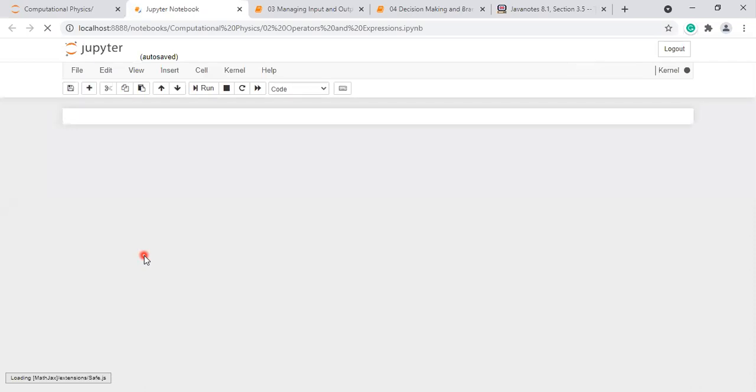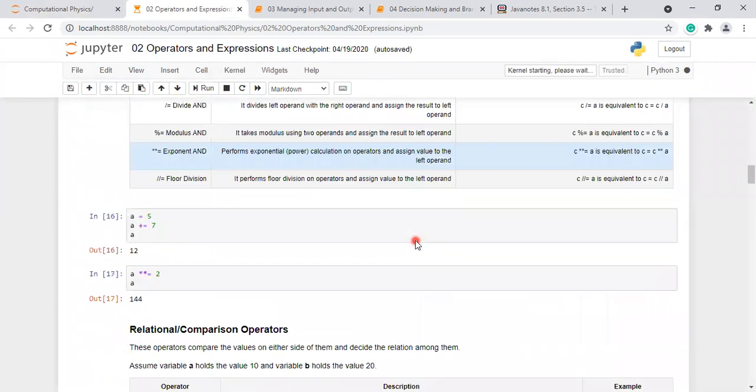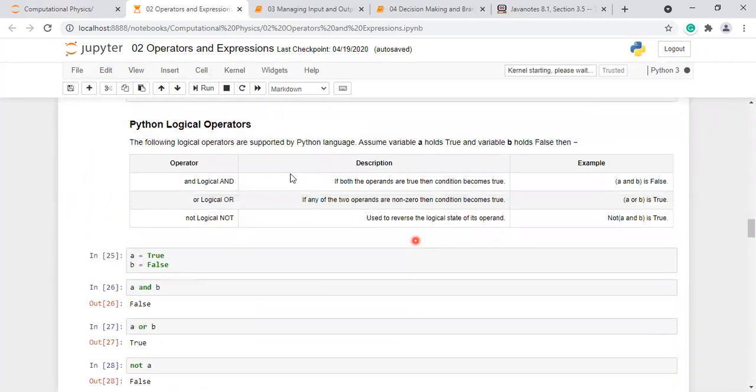Operators and expressions. I am going to discuss the logical operator AND. If both the operands are true, the condition becomes true. This is like an AND gate.